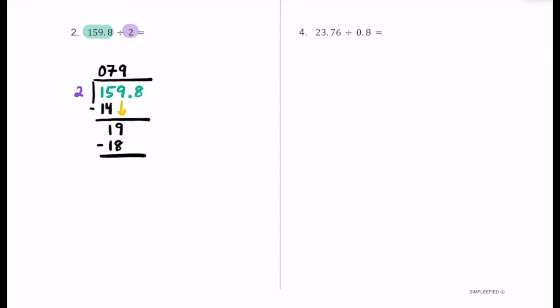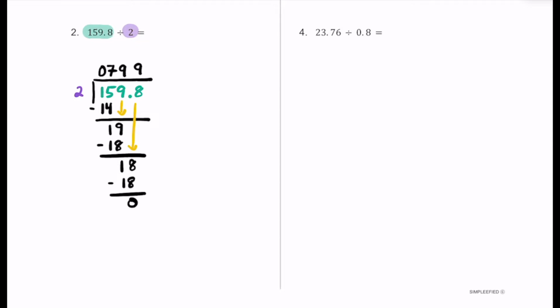And we have a remainder of 1, so we were off by 1 there. Finally, we're going to bring down this 8, and we're going to repeat this process again here. Now, how many times does this 2 fit into 18? Well, I think we just said a moment ago, it would go in 9 times, so let's go ahead and put the 9 on top here. So we take this 9 times this 2 is going to be 18, and we can see that our remainder